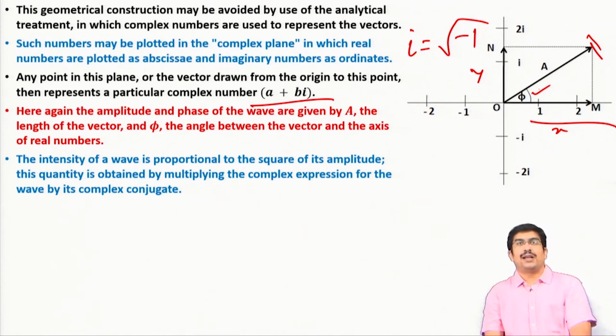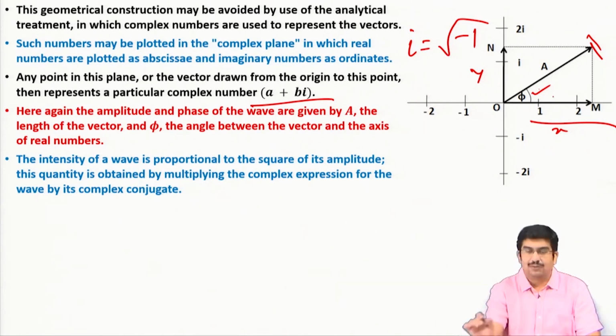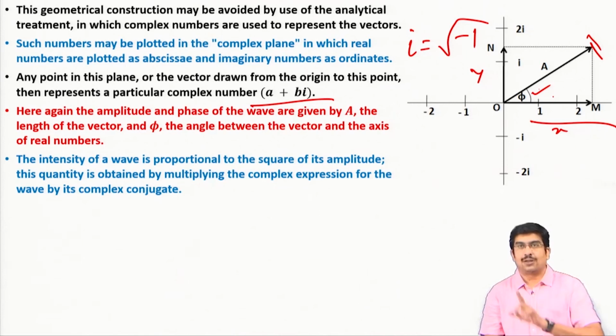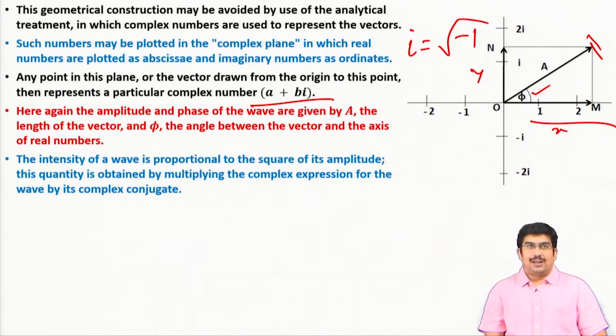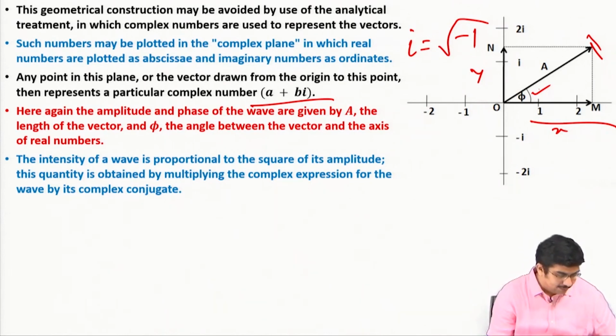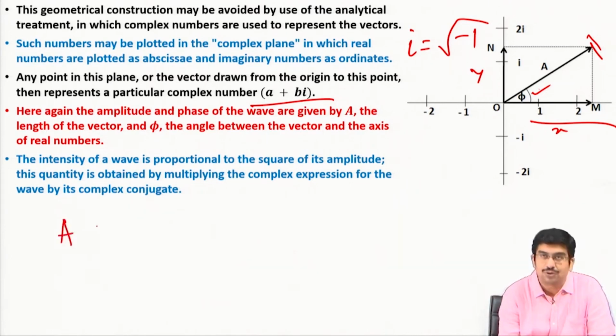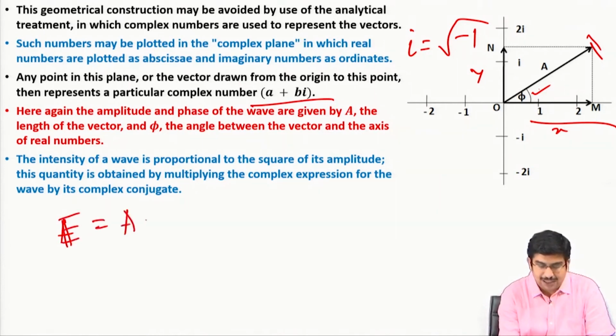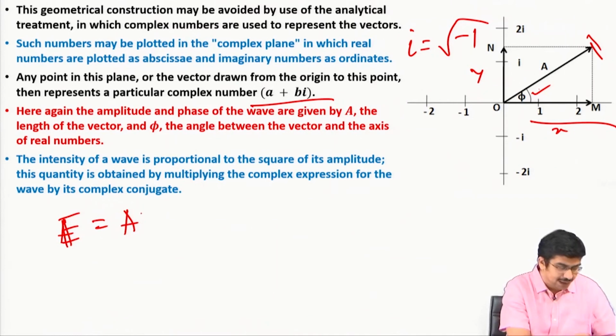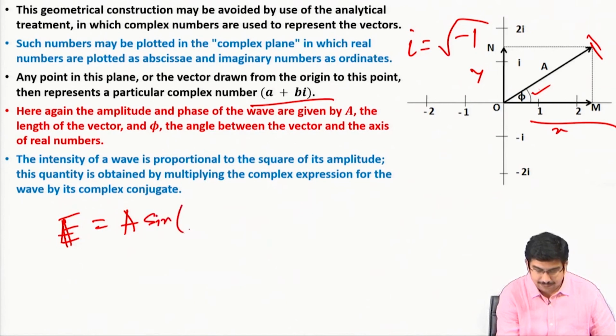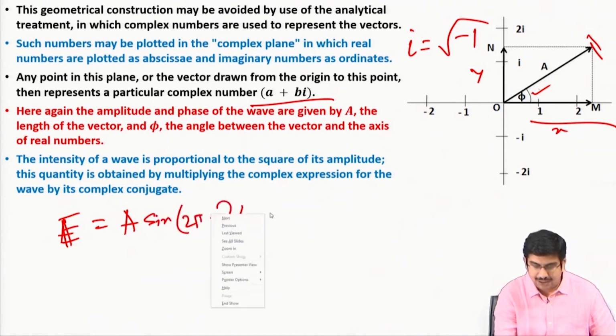So, here now what we can do is that this vector, we represent this one vector in this complex plane, and then we can try to sum them up. Okay. And that we can do in this way. Basically, here we represent the waves by their amplitude, that same wave. If we imagine that E equals A into the way we have expressed them earlier, E equals sine 2 pi nu t,